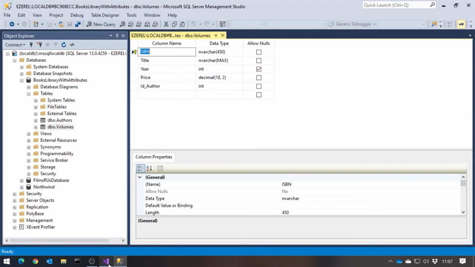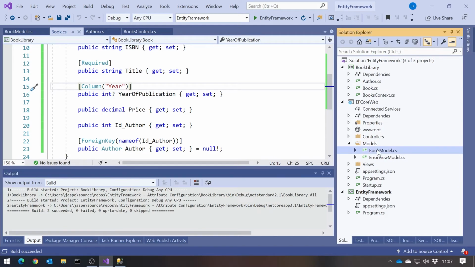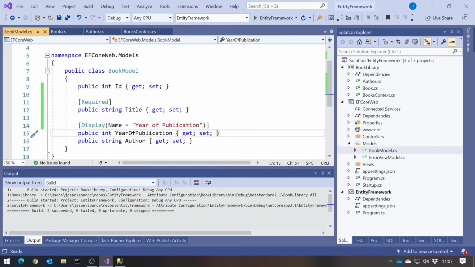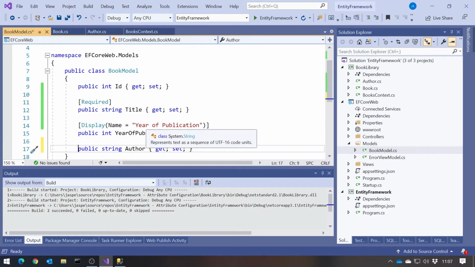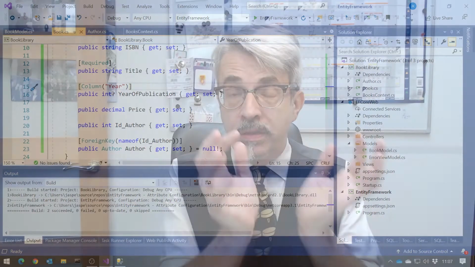Again, just to emphasize, similar but different to what we have in the model. So in the model, we could do a similar sort of thing, changing year of publication to year space of space publication. But remember, that's all about what appears in the view, whereas that's about what appears in the database. So if you were doing this without the separation of entities and models, you might well have both the column and the display name on the same property so that it could map differently in both directions.